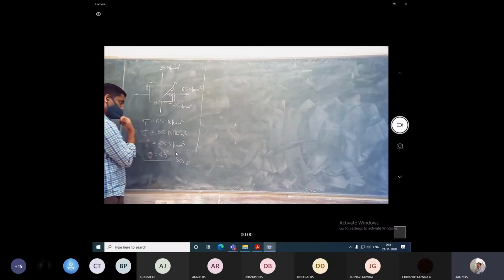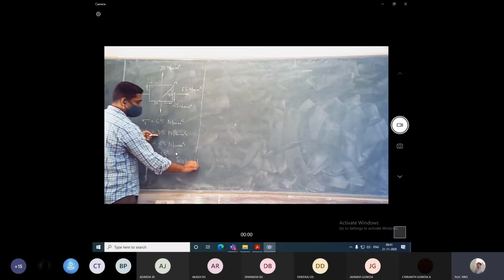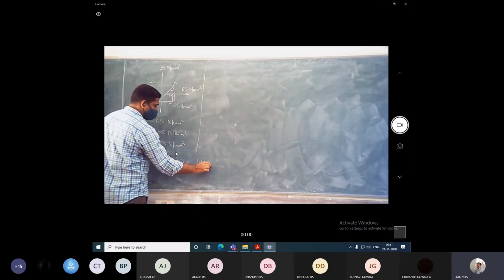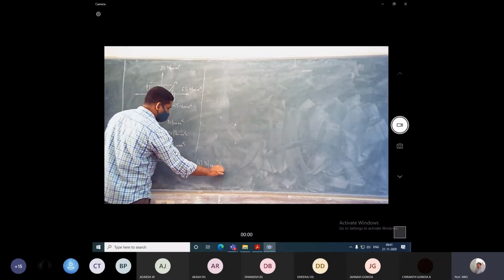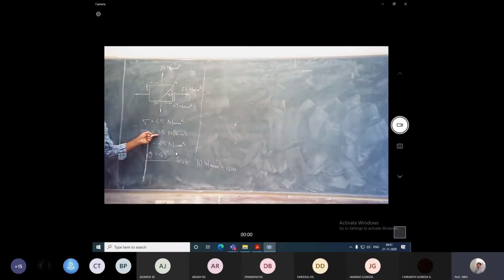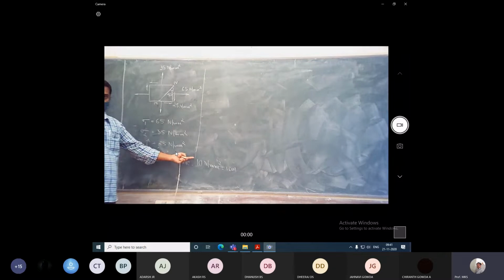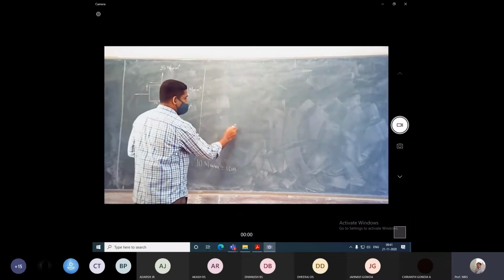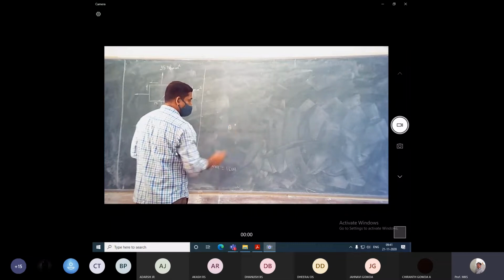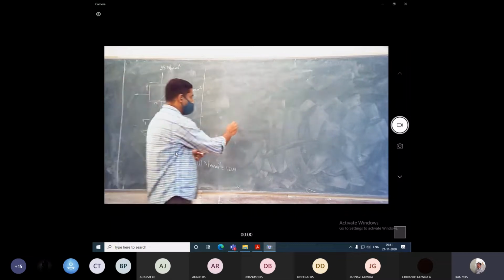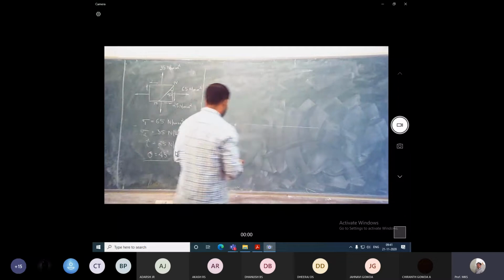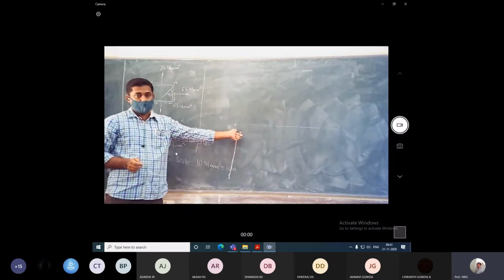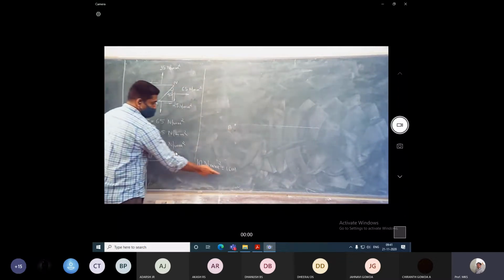You can write 10 Newton per mm square is equal to 1 centimeter, or any suitable scale to draw it on a sheet. First I have taken a reference point on the page and named it point A. Draw the horizontal reference line. Next, with the scale you have taken,